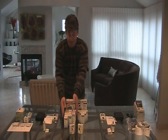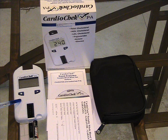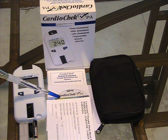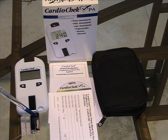Okay, the CardioChek PA. Let's look at what's in that package. The CardioChek PA contains an analyzer, and if you look closely at the screen, it'll say CardioChek PA. You'll get a user guide. You'll get a CD, which makes that a little different than the CardioChek. You don't get a CD with that unit. You also get a warranty card, a carrying case, 2 check strips, and 2 AAA